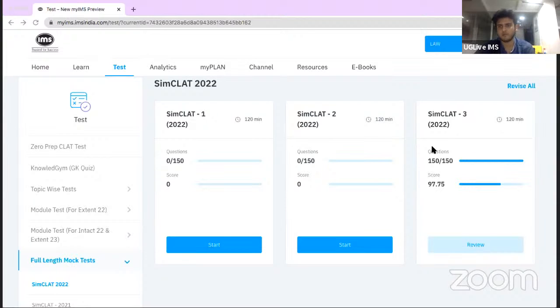Okay, so legal aptitude was also pretty sorted. Not that great, but it was okay. And then in general knowledge, because I am your GK faculty, of course, GK was bound to be decent only. But